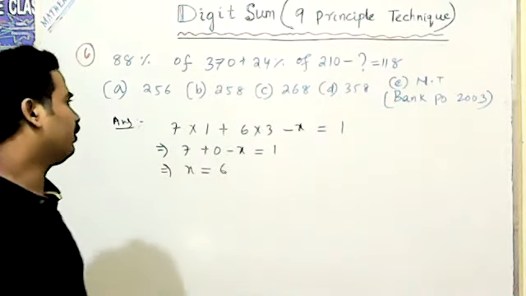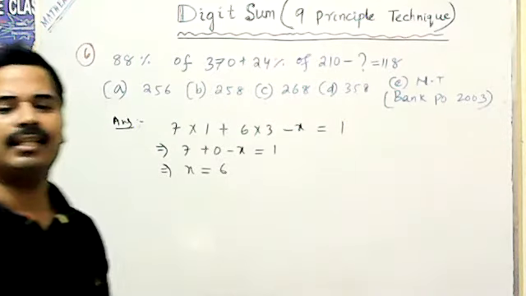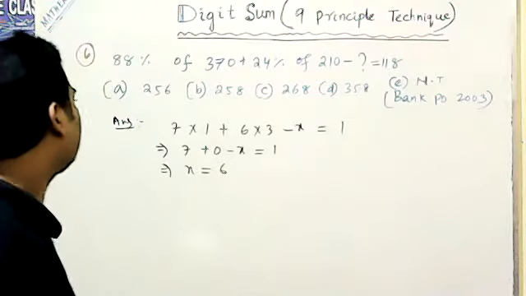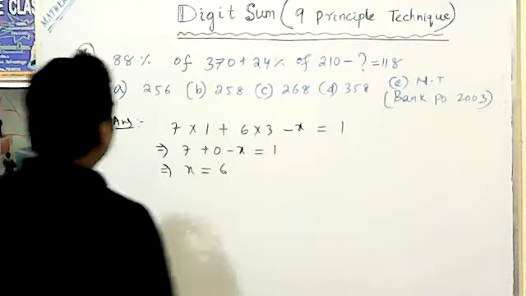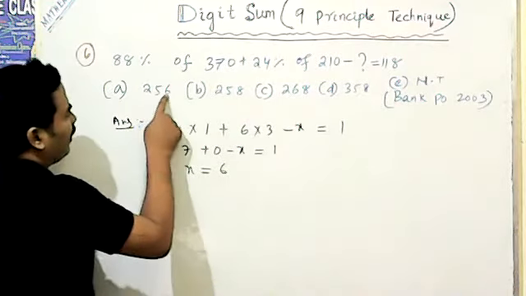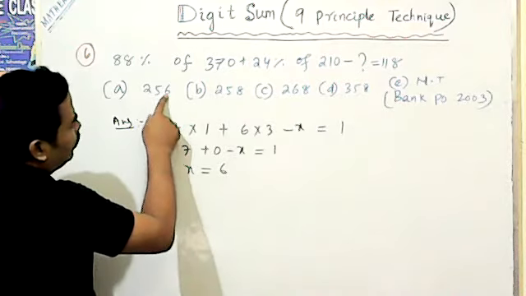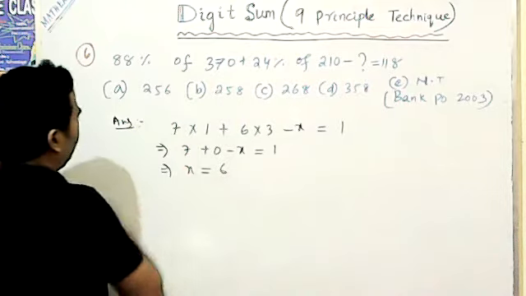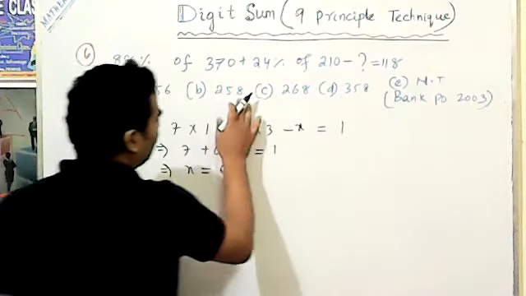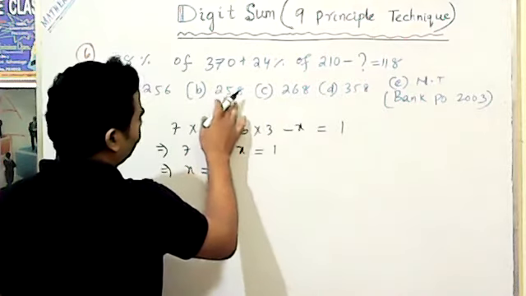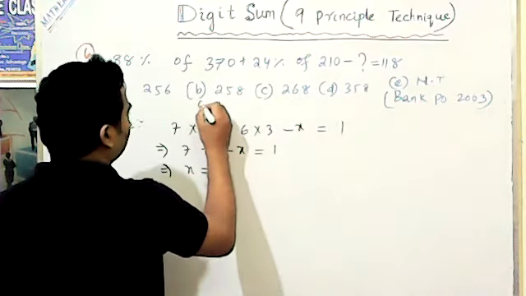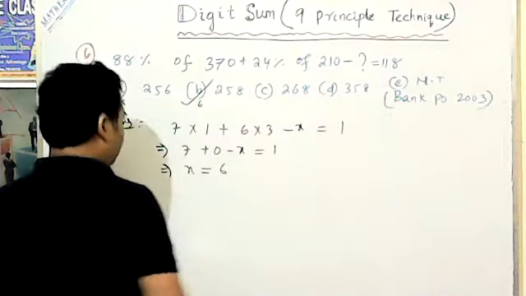So which option is the correct option if x is 6? In this case it is not coming easily, so it comes to 10, which is 1, and 9, which is 6. This 6 comes, so it may be correct.